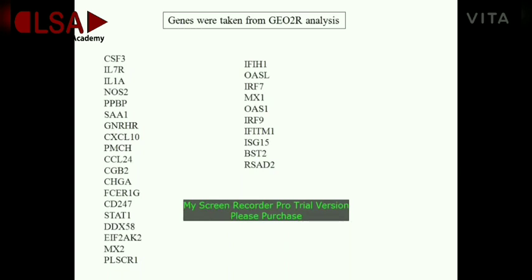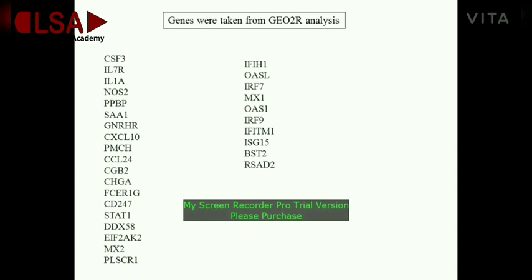After that, they combined those COVID sample genes and immune genes, and found the common genes between differentially expressed genes and immune genes. That gave 29 common genes. Here I have listed these 29 genes, and with these 29 genes they did the pathway enrichment analysis in Metascape, and here we will also try to find the pathways associated with these genes.